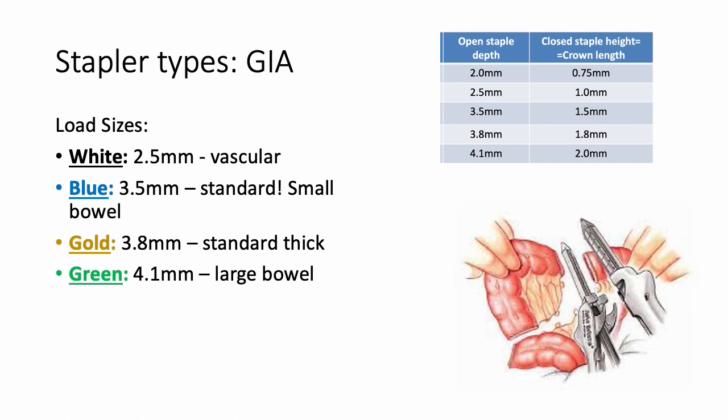So the stapler types are based on the leg length, and once again, leg length of the staple. White is typically your vascular load. Blue is our standard load. We typically use this for our small bowel sections. And then you have gold, which is similar but thicker, and green. And this is all based on the leg length. And as you can see in this chart here,